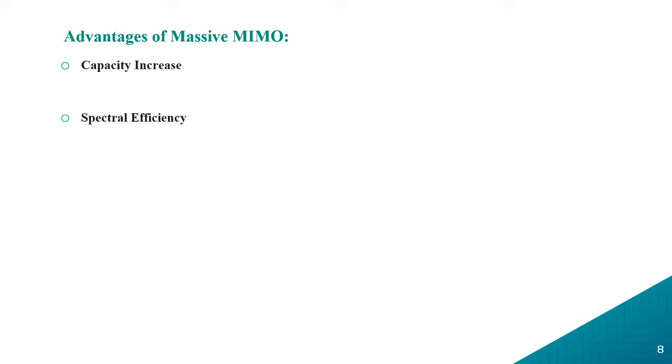Spectral efficiency. 5G Massive MIMO is able to leverage its antenna array to focus beams down to individual users. This allows us to achieve spectral efficiencies 10 times better than that of systems used for 4G. Energy efficiency. In Massive MIMO, antennas can be used in conjunction to increase the gain of the transmitted signal. This means they radiate less power when transmitting data, making it a more energy efficient system.